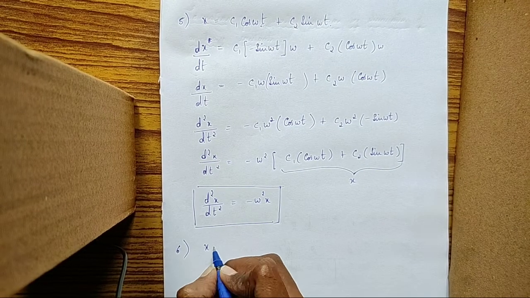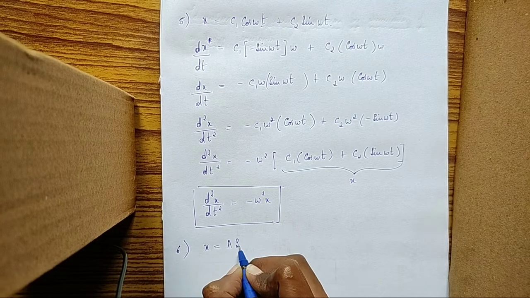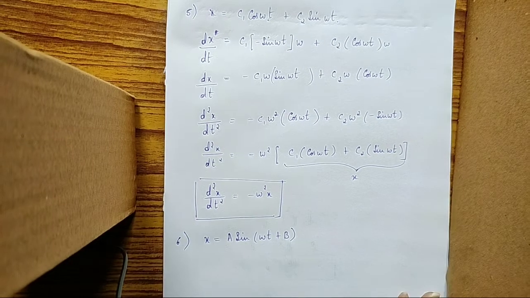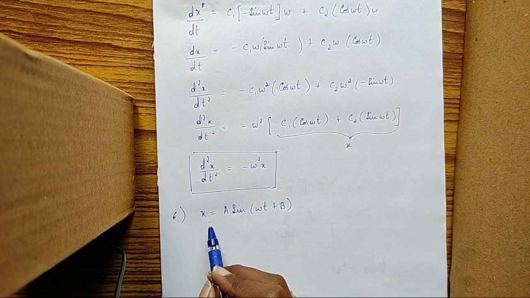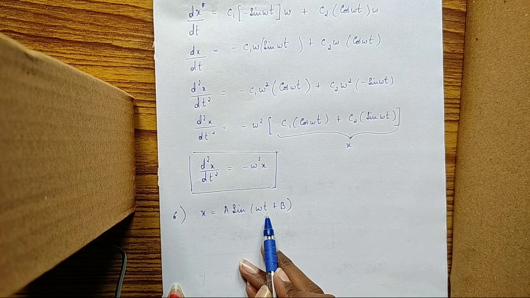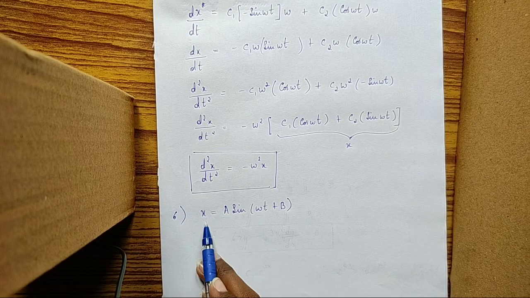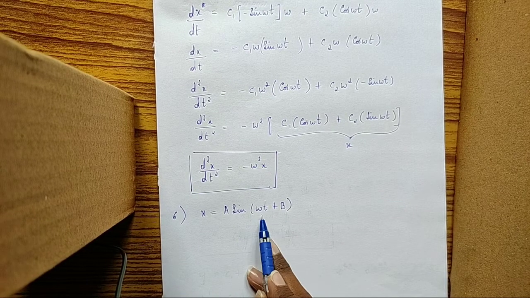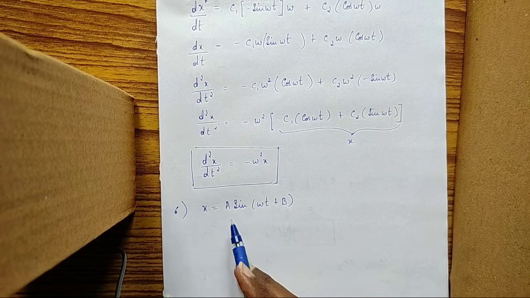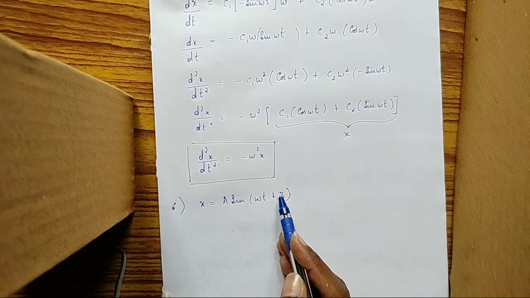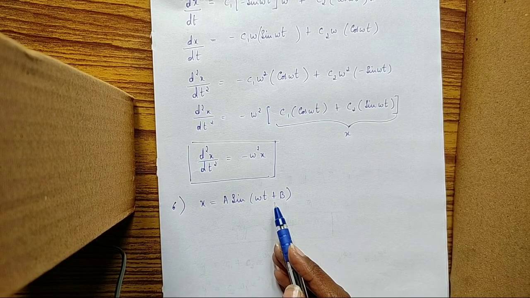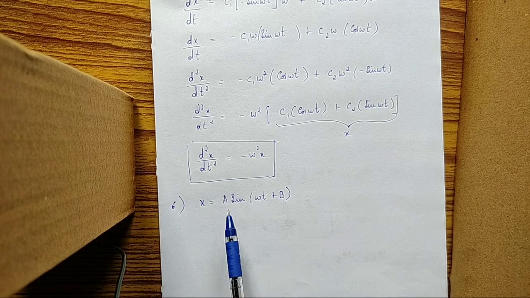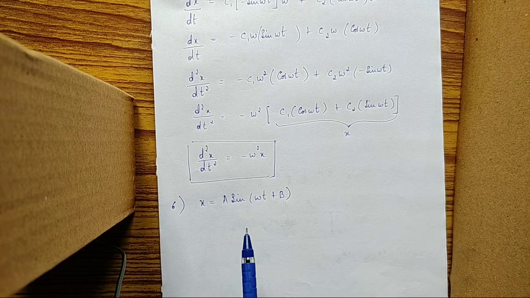It's x is equal to a sin(omega t plus b). I want you to do this problem as homework 1. Here again it's with respect to t, so you have to differentiate with respect to t. This becomes dx/dt is equal to a cos(omega t plus b), and again with the chain rule, omega will be left out, so apply the chain rule. Since we have two arbitrary constants, we have to differentiate twice. After differentiating twice, you have to do the necessary steps, and you will again get the equation by substituting x.